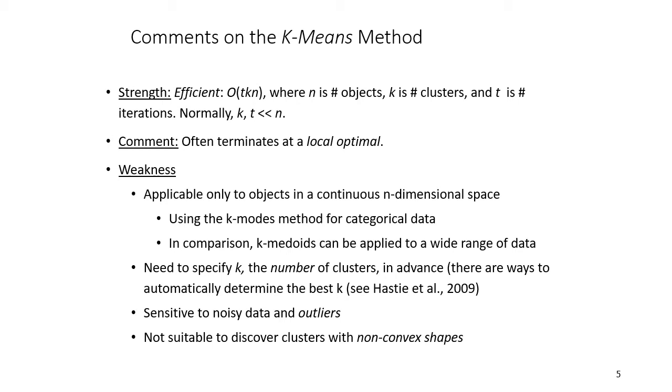But the basic problem that k-means suffers is that it usually terminates at a local optimum. Talking about the weaknesses of k-means, it is applicable only to objects in a continuous n-dimensional space, and using the k-modes method for categorical data is preferred as compared to k-means. In comparison to k-means, k-medoids can be applied to a wide range of data, and the limitations might be that we need to specify k,